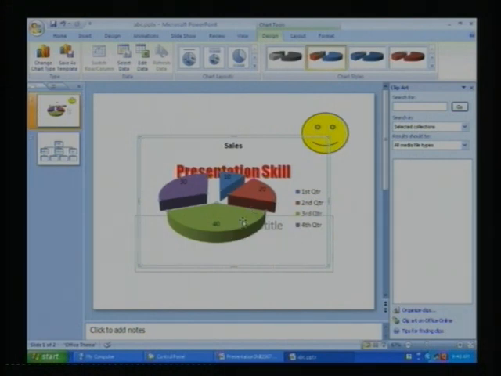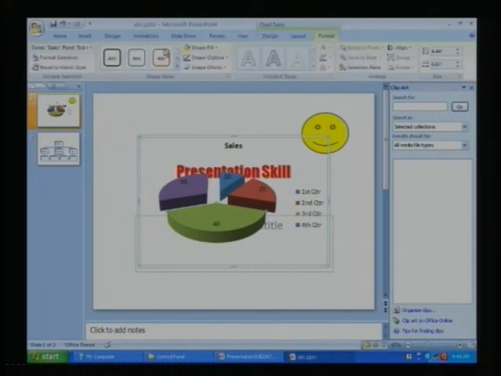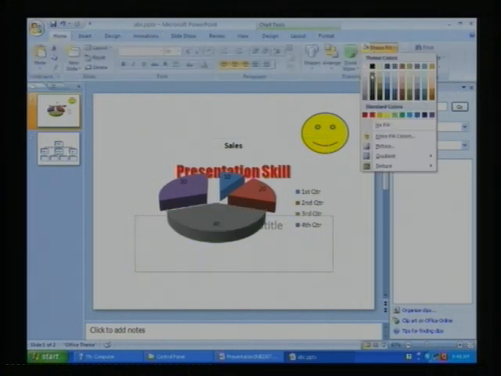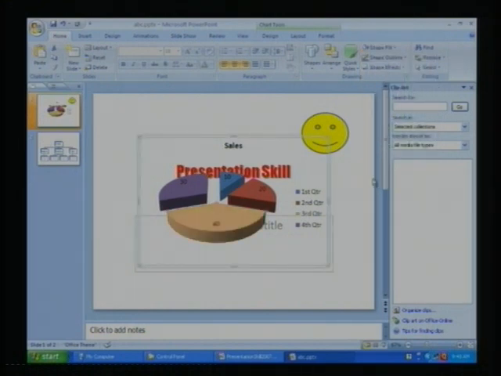If you want to change the color, you can select that part, go to Home, select an appropriate color, and change the color. So in this way you can prepare a chart using tables. If you already have a table, you can also prepare a chart from that table.